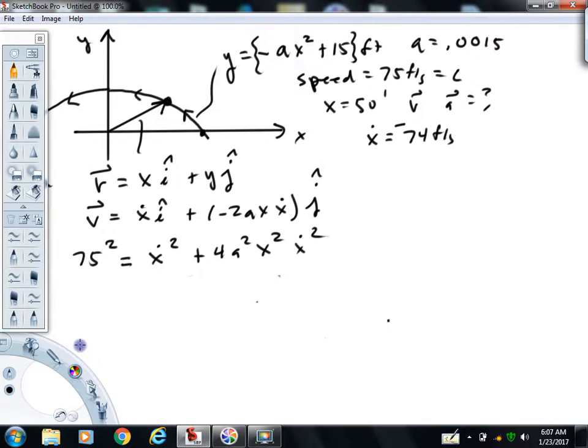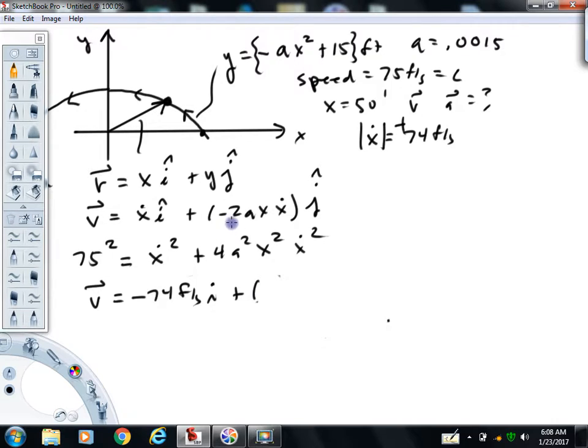All right, so now we know our velocity vector. Oh, whoops, I'm going to actually go back and do this, because I'm going to discuss the plus and minuses in context with this velocity vector. Let's just do this. Magnitude of x dot, plus 74 feet per second. We'll talk plus and minus signs at this point right here, when we put in numbers. So our velocity vector, we're going to have x dot i. This thing I know is moving left, so at this point I'm going to put minus 74 feet per second i